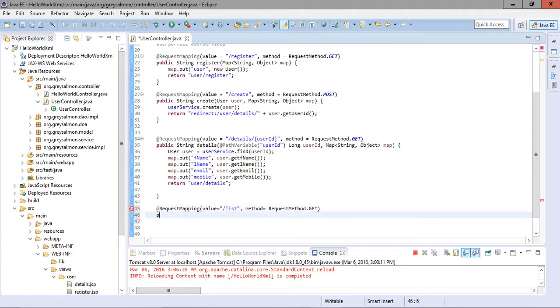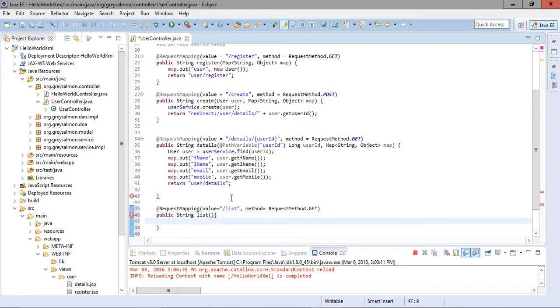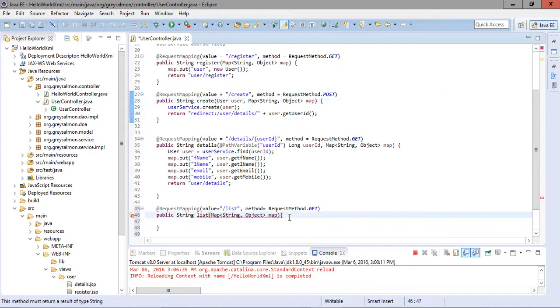Now public String, because it will return the logical name of the view, then the list, and here this list will take this Map object as a parameter.